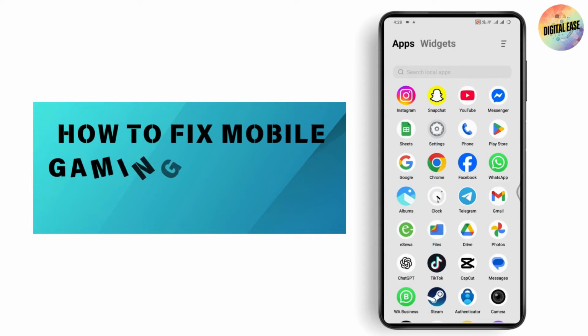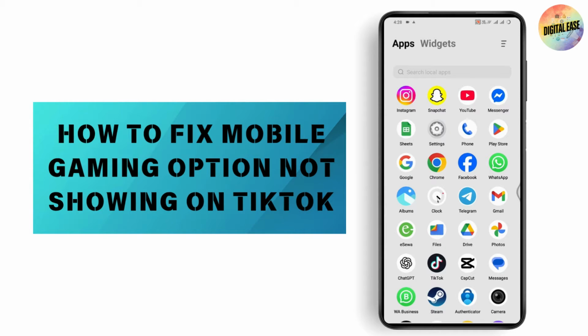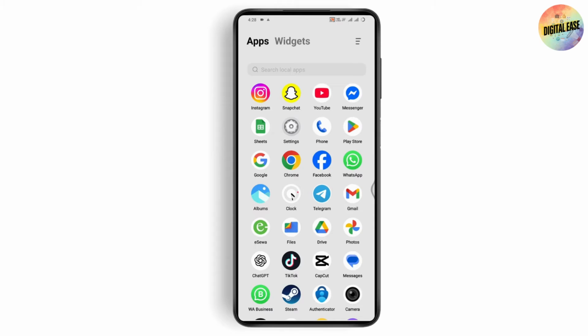How to fix mobile gaming option not showing on TikTok. So if you want to fix mobile gaming option not showing on your TikTok, then first make sure that you